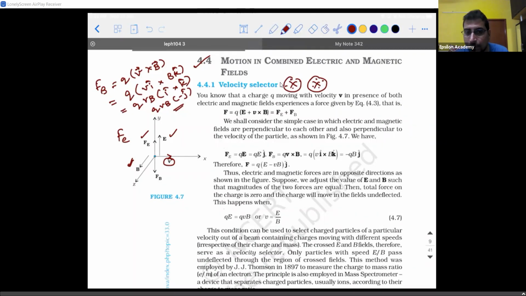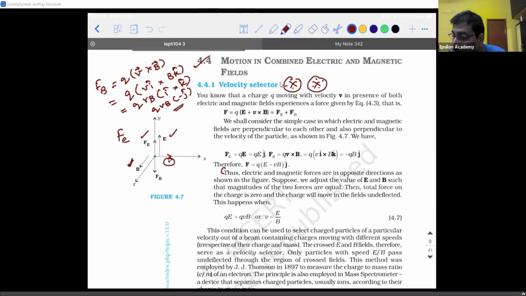It is only when the electric force and the magnetic force are balancing out each other. If there is an unbalanced force, let's go back to the 9th standard, the particle starts moving in that particular direction. But what is it that we need? Both the forces are fortunately acting in perpendicular directions. So if you are able to nullify the net effect in the perpendicular direction, then the particle is still going to continue in the straight line path. That's what is given here.